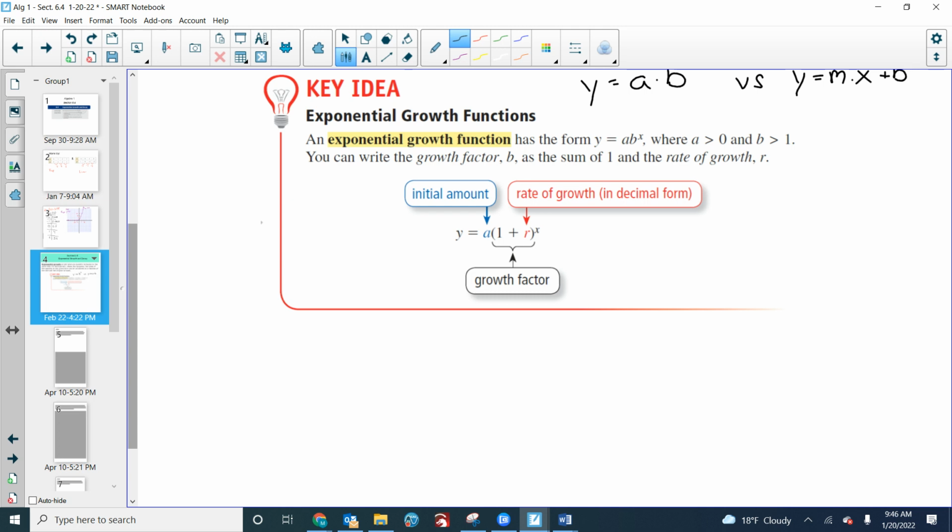COVID-19 versus the Delta variant versus the Omicron variant, right? How transmissible is it? So is one person passing it to one person? Is one person passing it to two people? Is one person passing it to three people? On average, what's happening? How transmissible? Okay, that's your rate of growth. That has to do with the rate of growth. Okay, is it a 1-to-1? Is it a 1-to-2? Is it a 1-to-3? Is it a 1-to-4? Because then what happens is,